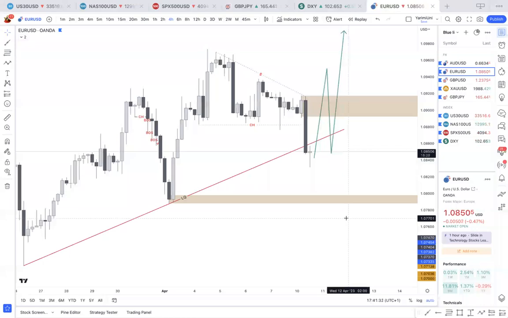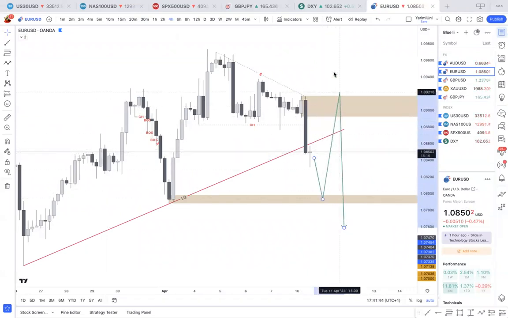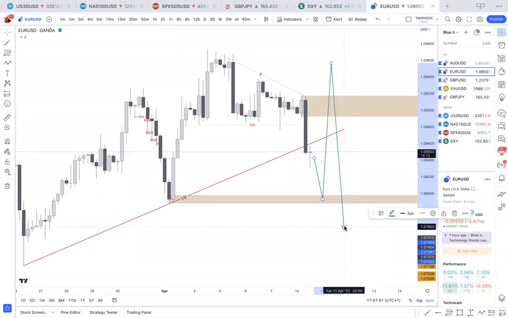So we have two scenarios. We have price coming into the supply zone and then possibly reacting and going down like this, or we have price going down into this demand zone and then reacting and going up like this. And then probably continue upwards like this. The idea is if A scenario happens, then I expect B, as in like to sell back down. If B scenario happens, then I expect C, and then I can buy it back up.